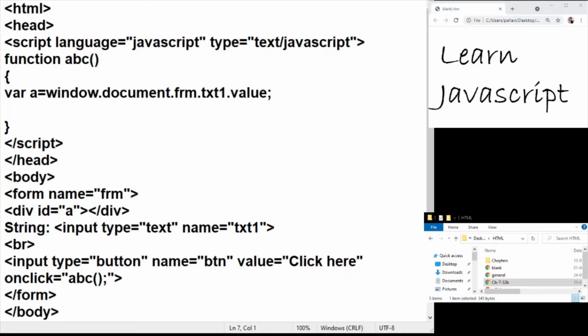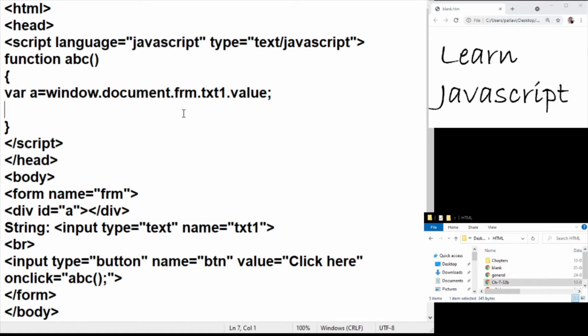Hello everyone. Welcome to one more solution of the definition where we convert all the uppercase alphabets into lowercase and all the lowercase alphabets into uppercase. In the previous video I showed you the solution using the for loop, and it was a pretty long solution. In this one we are going to use the replace method, and we will use patterns and global replacement, and we are going to use something called an unnamed function in which we will convert the character from uppercase to lowercase.